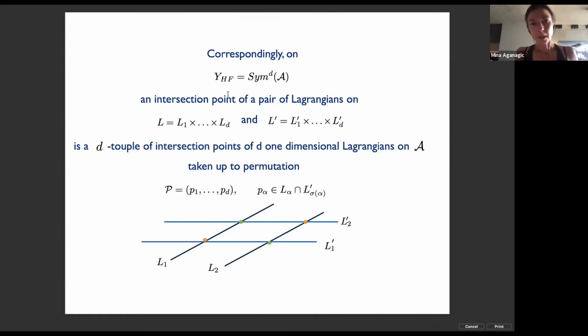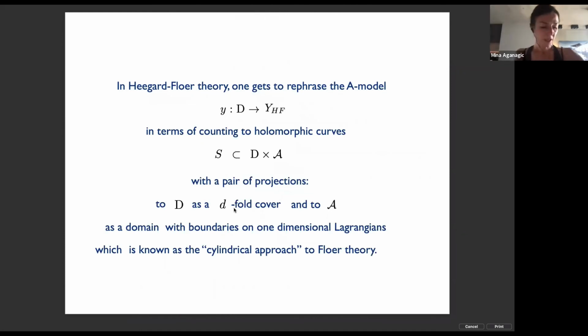Correspondingly, the intersection point of a pair of Lagrangians on the target of Heegaard-Floer theory is a D-tuple of intersection points of D one-dimensional Lagrangians on A, taken up to permutation. So these two branes, the product of L1 and L2, and L1 prime and L2 prime, intersect over 2 points. One, the orange point, and one, the green point. In Heegaard-Floer theory, one gets to rephrase the A-model in terms of counting of holomorphic curves in a product of,